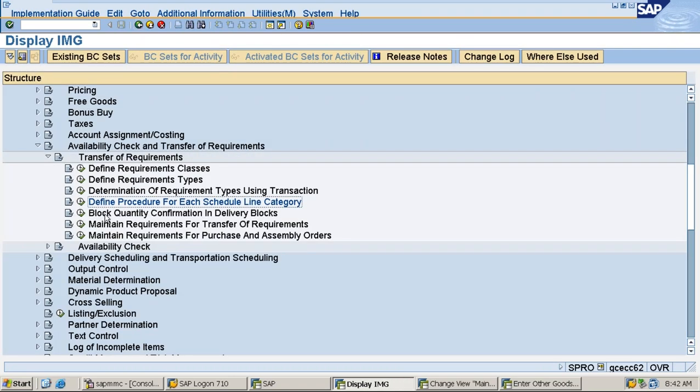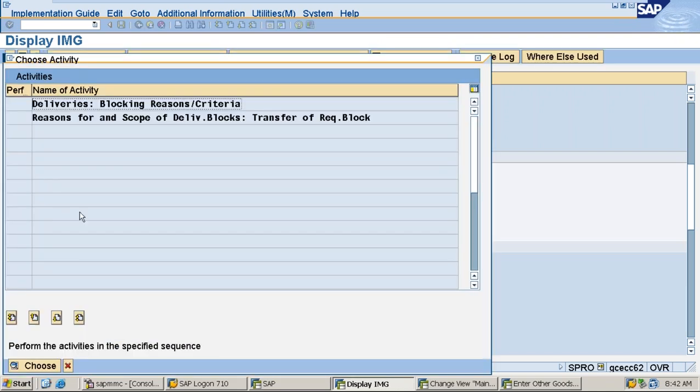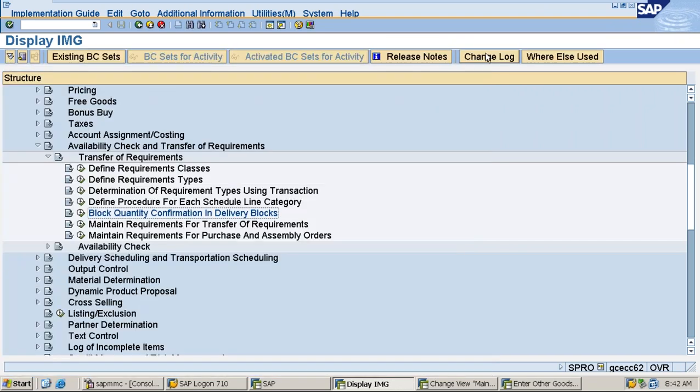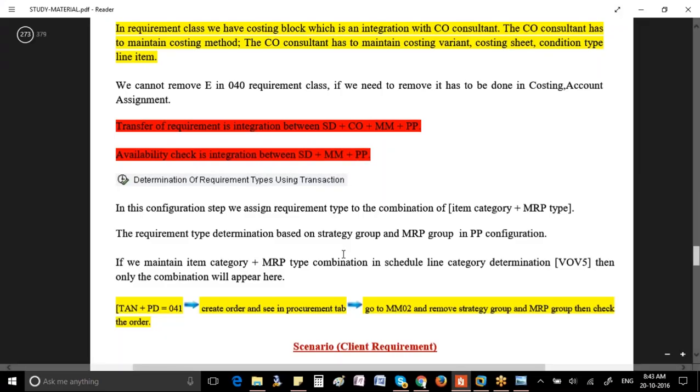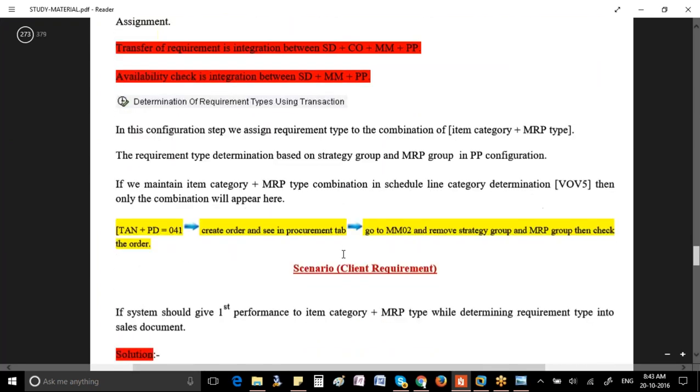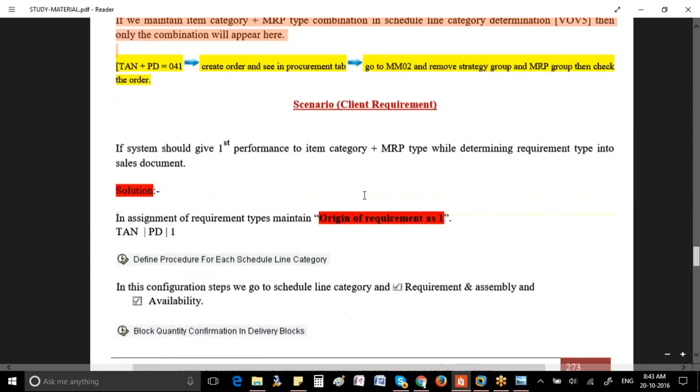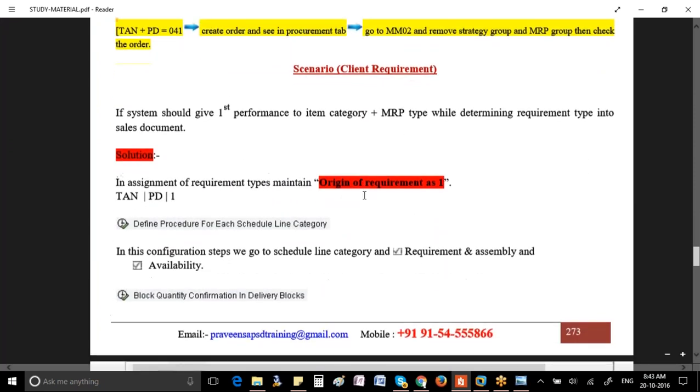Come back. Next, block quantity confirmation and delivery blocks. What is this? Okay, delivery reason. See, sometimes you block orders, right? Because the customer's credit limit has been exceeded. Or for some reasons you will block orders. So I explained everything much better in my document actually. You can just give it a good reading, you can easily understand. Okay, so